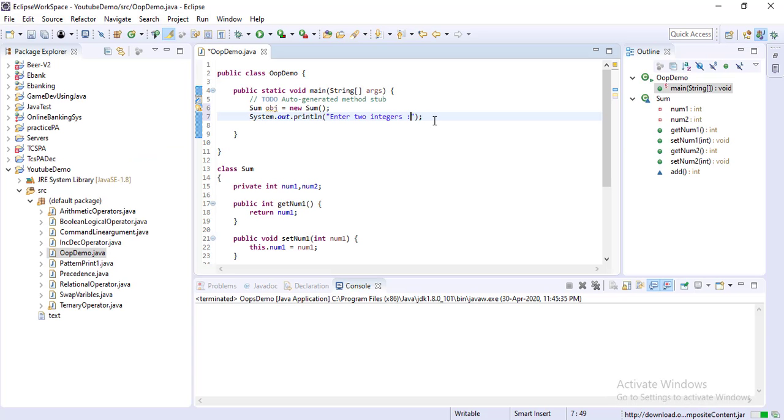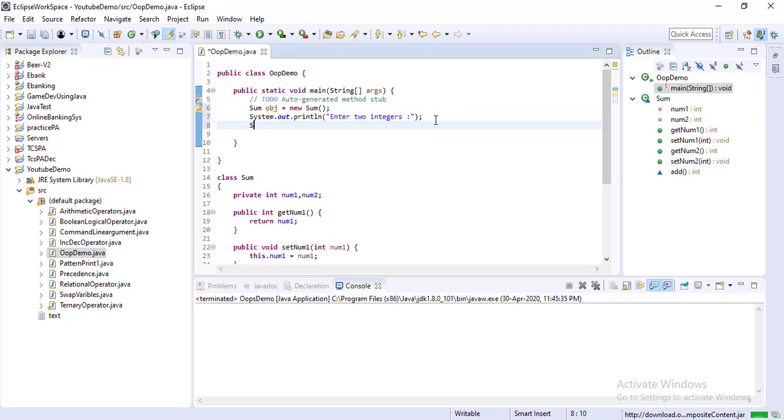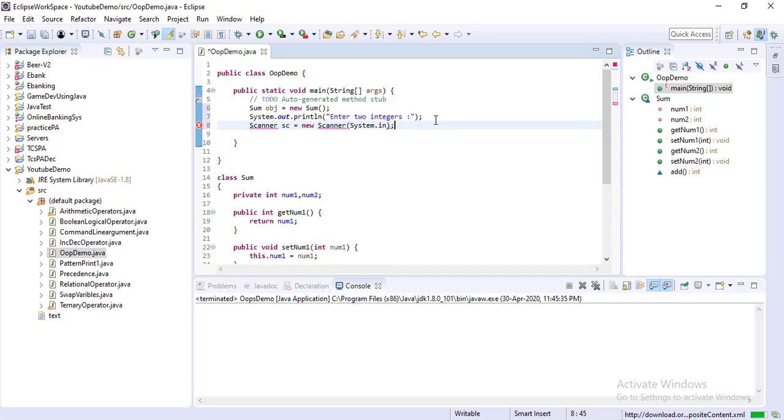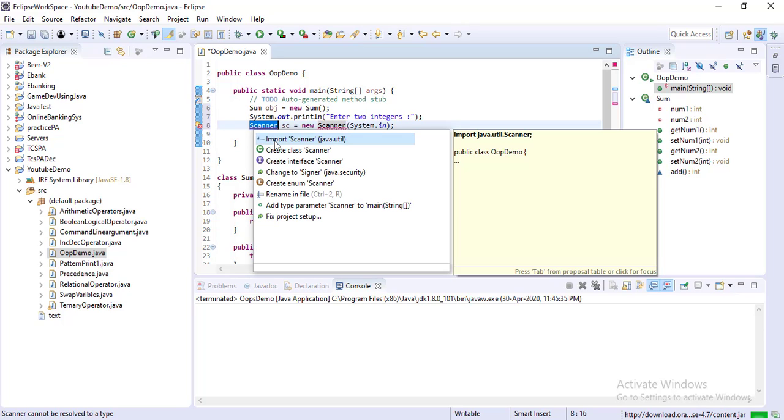Then I am writing a scanner object, Scanner sc equal to new Scanner. There also you can see that we are using the scanner class, so that's why you have to create the scanner object first.